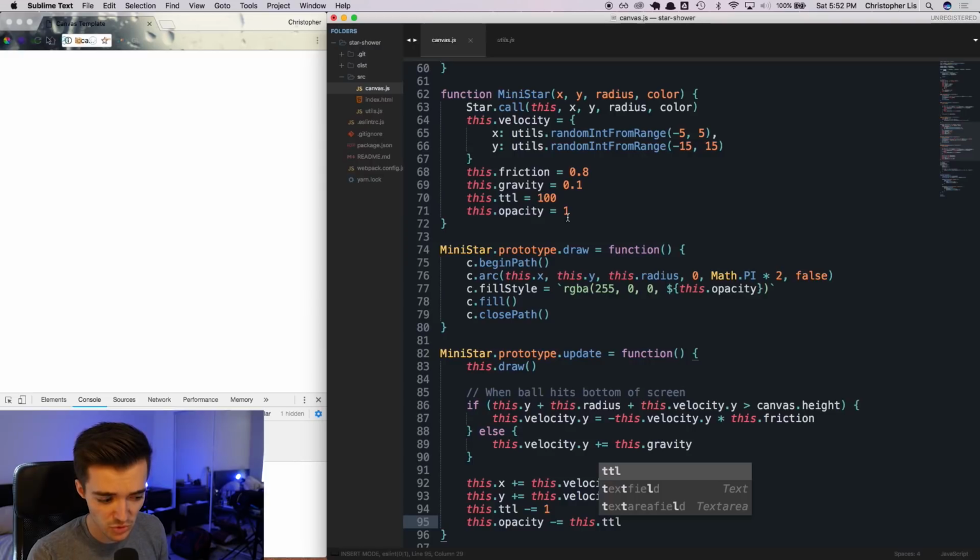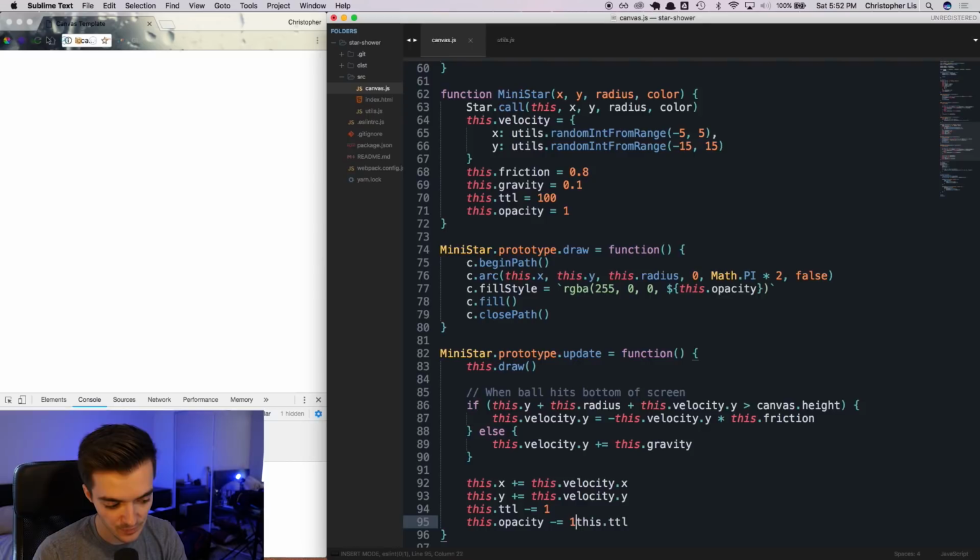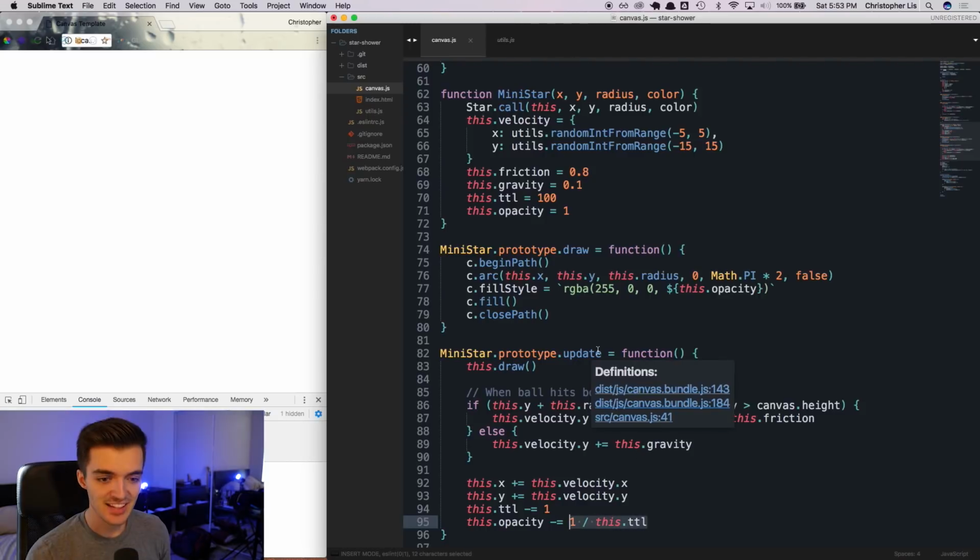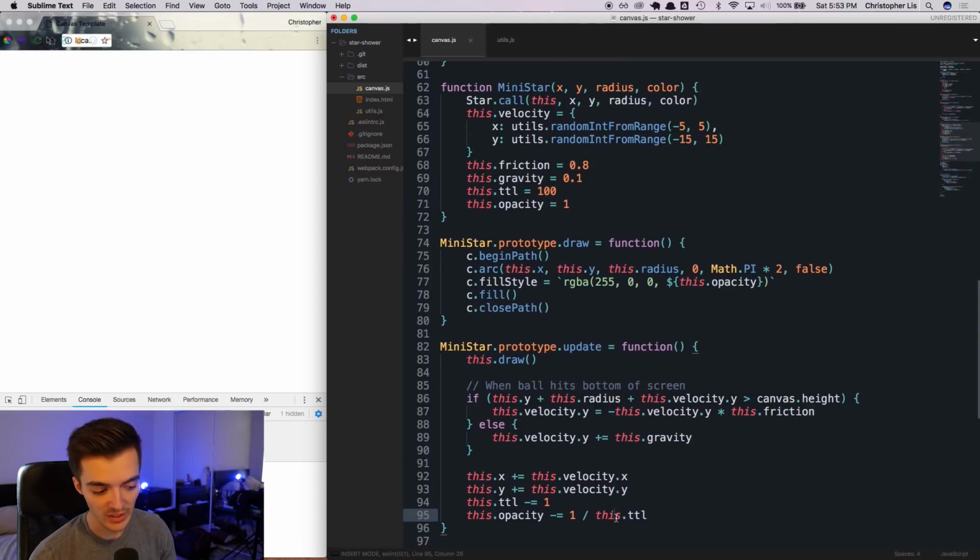But remember, we don't want to subtract 100. We're going to want to subtract an even smaller value, because if we subtract 100 from 1, we're going to have something like -99, and you can't have an opacity of -99. You can only have a value of 0 to 1. So rather than subtract 100, we can divide 1 by 100 instead, and this is going to make sure that we're subtracting 0.01 from our opacity rather than 100, because we're making this 100 value into a ratio instead. So if we save things,